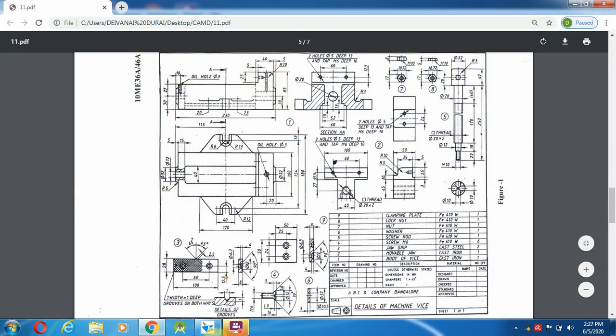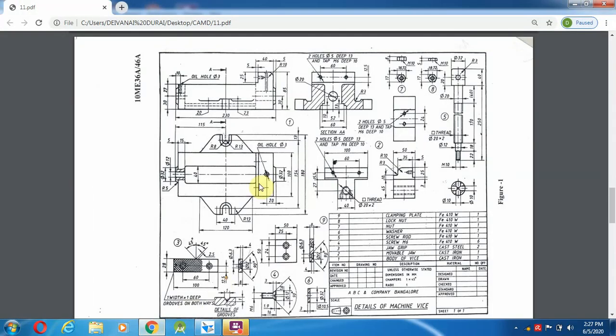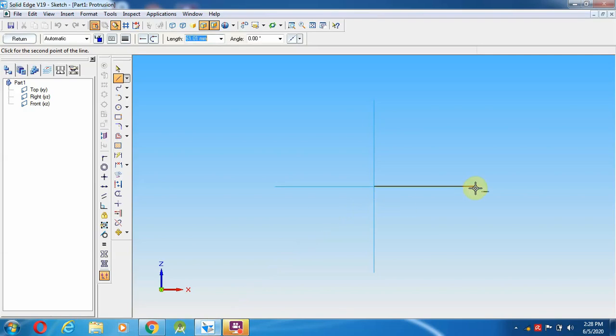Select a line and start from here. What is the full length? The length is 230. So 230 is the full length including that circular part, so it has 5 mm and another 5 mm provided over here, so 10 mm; 230 minus 10 is 220 mm.